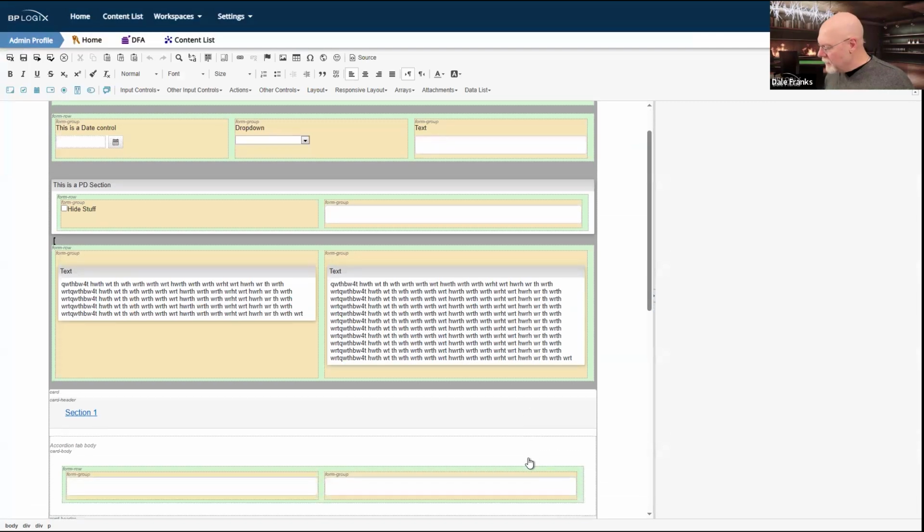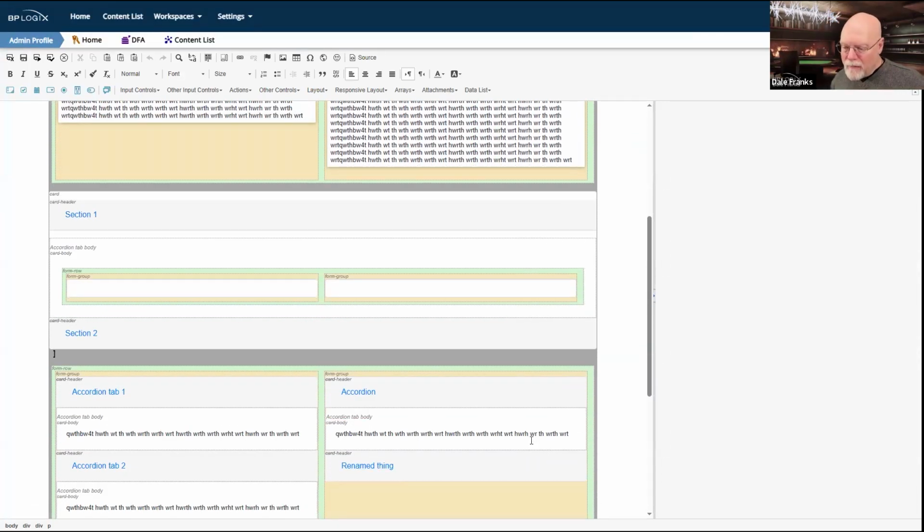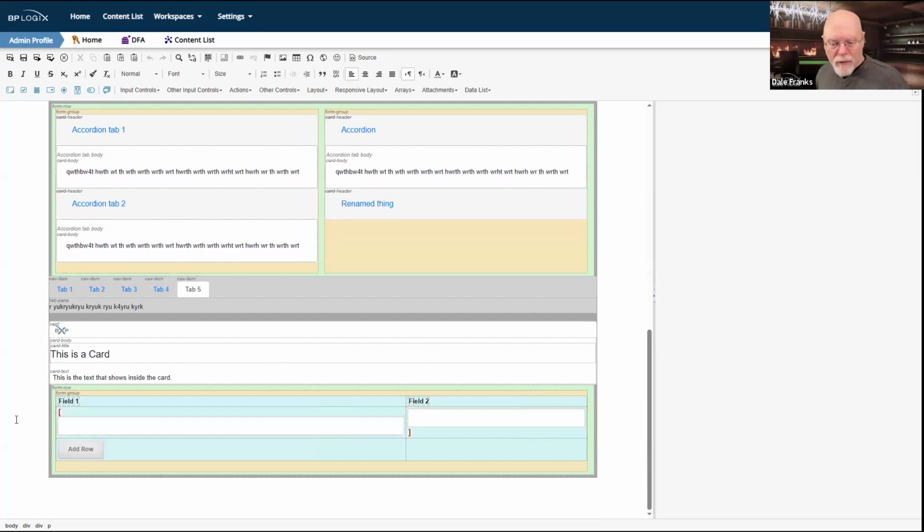So what I've done is I have dropped in an array control on the very bottom of my form, right below my card. Basically, I've dropped in a form row, and then I've dropped in a single form group. So I've got one column in this row with one form group. Arrays still work the way arrays work, even if you're doing it inside the responsive layout controls.